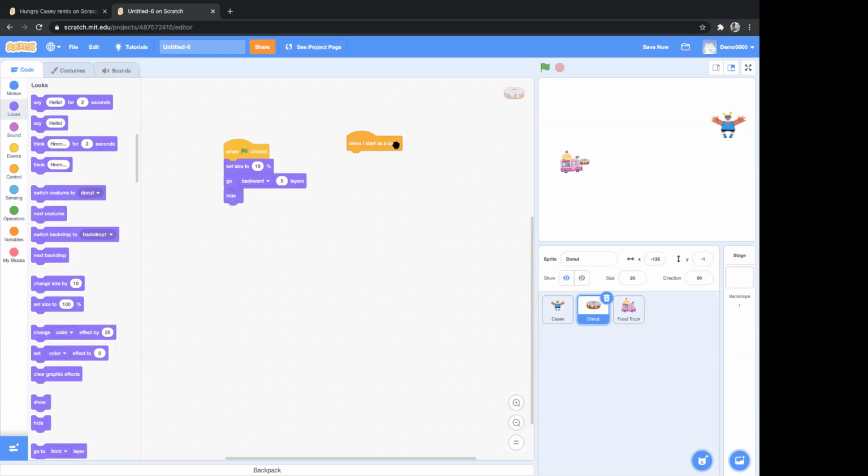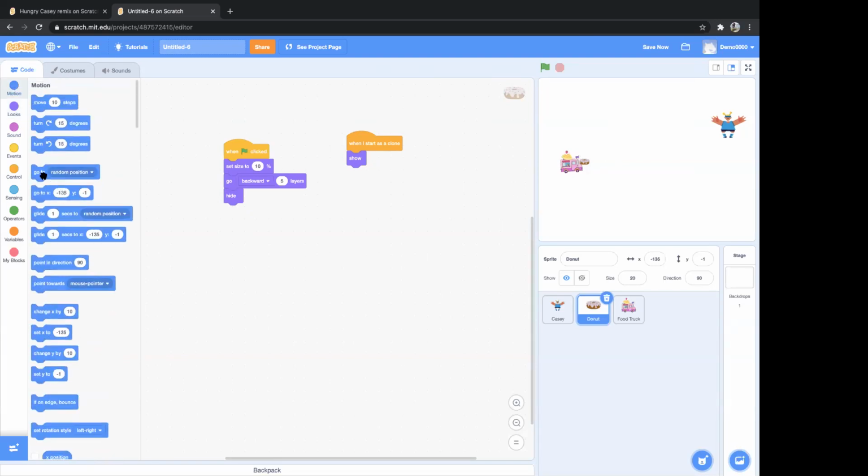And when I start as a clone, I want my donut to show. And then where do I want my donut to go? To the food truck, because the donut is coming from the food truck. So I'll use this block here. In the motion block, we have a block called go to. We'll place it here, and instead of random position, I'll use food truck.